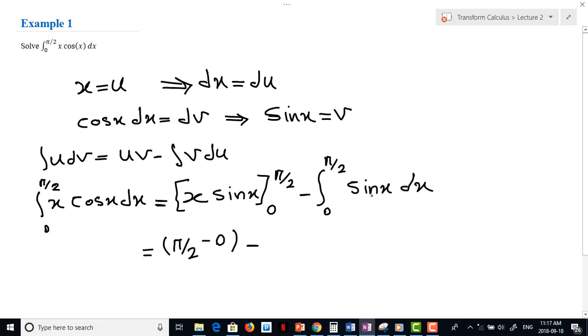Minus the integral of sine x, which is minus cosine x, and we have to apply the lower limit and upper limit, so we have 0 to pi over 2. If I apply the upper limit pi over 2, it's equal to 0, and if I apply the lower limit, it's equal to 1. So from here we have pi over 2